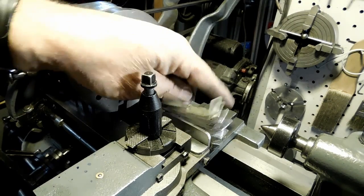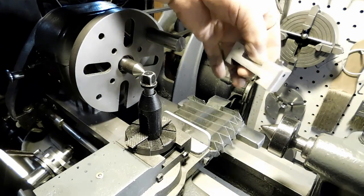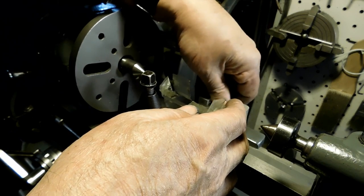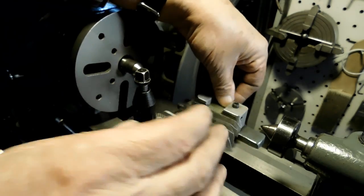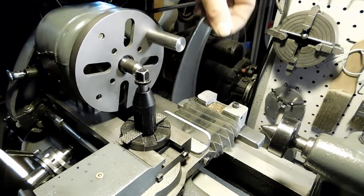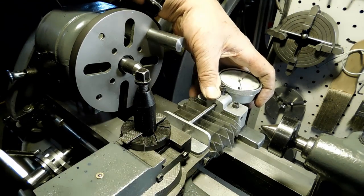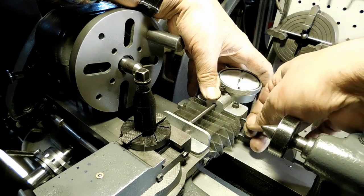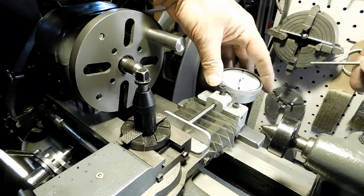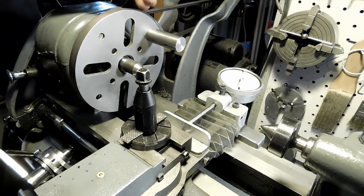And somebody asked me about my cross slide dial indicator and how it's put on there, but this is a dovetail, and I made this. Basically, this is for the taper attachment that I've made, but it slides on there like that, and then the bellows go on it like that, and then I've got a little piece of cork board I put in there, and then a cheap dial indicator because it gets kind of oily here. On the sides there are adjusting set screws, one on either side for when you're using it for the taper attachment, but that holds it in there, and that's the dial indicator for the